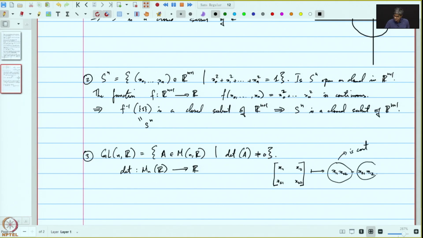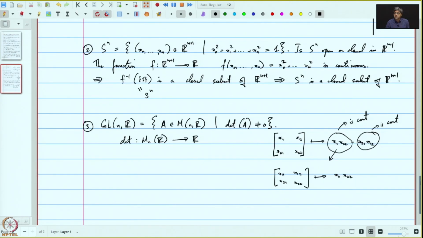Yeah, and similarly this is continuous, because the projections are continuous, and this function is the product of two projections, right? So for instance, this first function is x1 maps to x11, x22, right? So this function is continuous. So therefore, in this case, this is continuous, and in general, we know that,